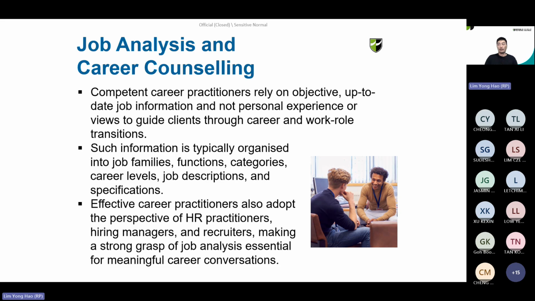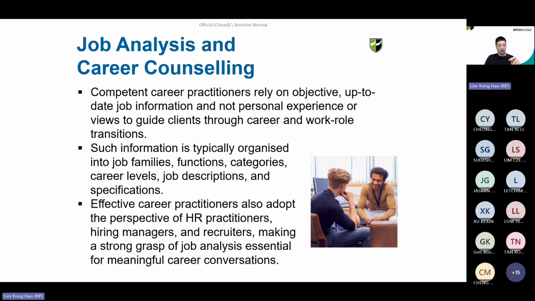So like I said, there are resources that allow us to look at information related to jobs. There are people at SkillsFuture, there are people at WSG who have done some of this work for us in terms of job analysis, and have come out with some of the information that we can use, right? O*NET is also a particular resource that you can refer to, and later on you can look at it, right? So as I mentioned, right,